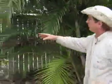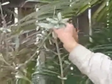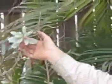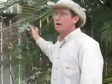And then over here we have silver buttonwood, which is another native. Very salt tolerant. Does well. It's another xeriscape candidate. It will perform well. This one has been defoliated by the terrible weather we've had recently. Just about everything has been tested by this winter of 2009, 2010. It's been a real hard winter for Central Florida, but this thing's going to come back and be glorious. It meets all the criteria of a xeriscape plant, a salt zone, which is right where we are right now. We're about 150 yards from the beach. So this is another one, and I'm not sure of the genus and species, but silver buttonwood on this